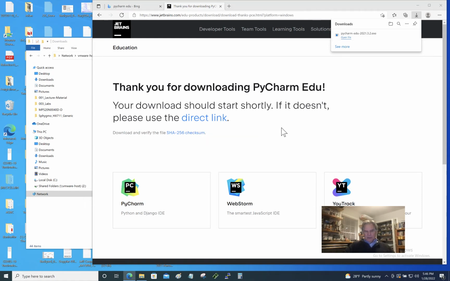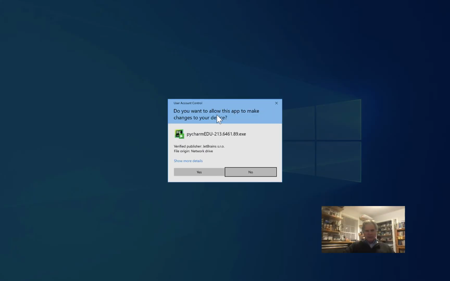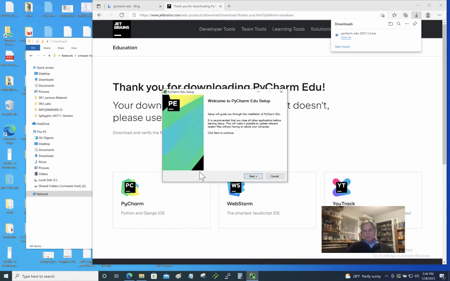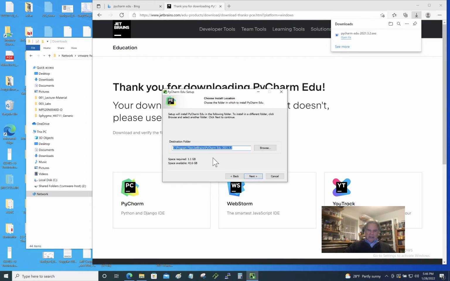and we see a little window popped up. Now here we go. Do you want this app to make changes to your device? Well, we do, so we're going to click yes. Alright, and we get this kind of typical installation type thing. PyCharm Edu setup. Welcome to PyCharm Edu setup. We'll go next. I recommend just taking the suggested destination folder,